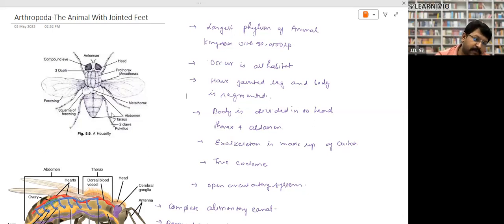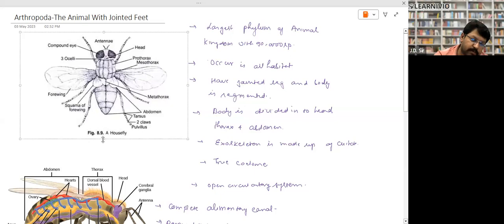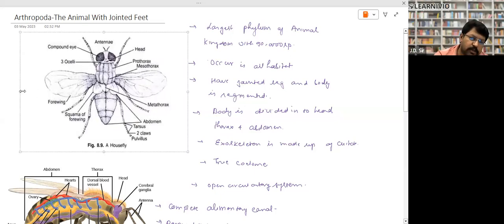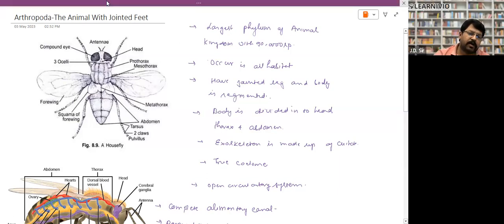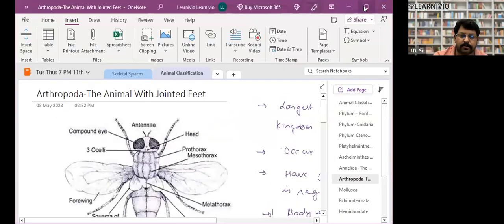So fly is the representative member. Mosquito is also a representative member. It is a member of Arthropoda. Arthropoda has the subphylum Insecta, so all the insects belong to the Arthropoda. So you can see they have peculiar features. These are the peculiar features of the Arthropoda phylum, right? So like here